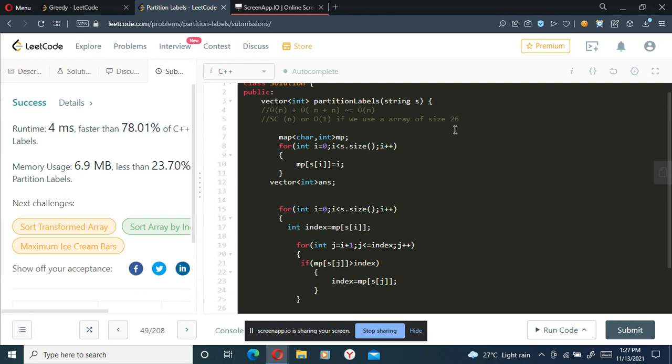You can also do it with an array, the space complexity will further improve, and the time complexity might also improve here, because we are using an array. Every time I'm fetching the data from the map, it is taking log n time. An unordered map always takes O of 1, but in the worst case it would take O of n because of collisions, but here it takes log of n. So we could say it is an O of n solution here.